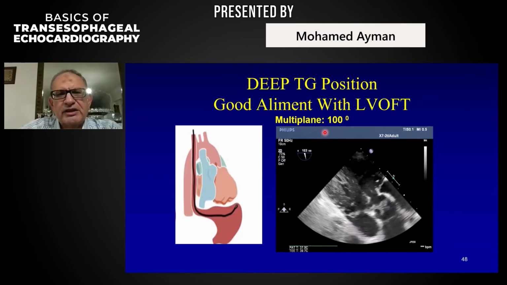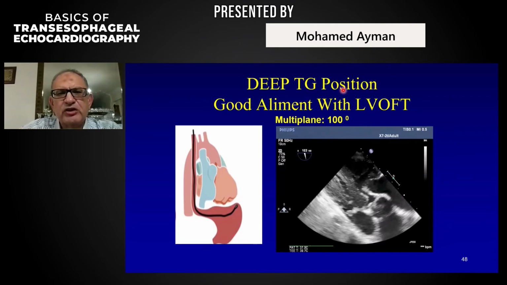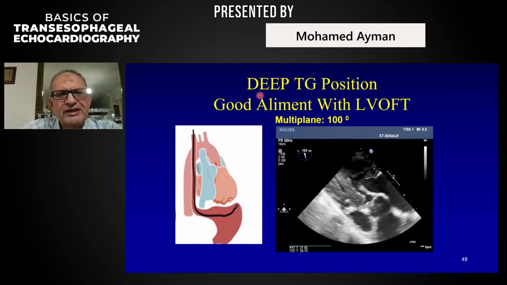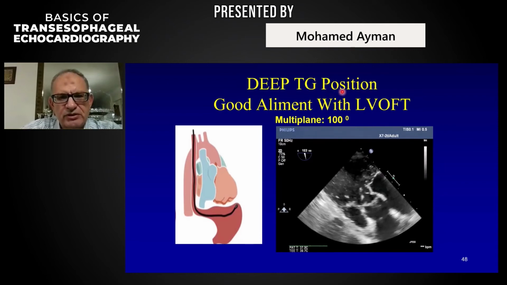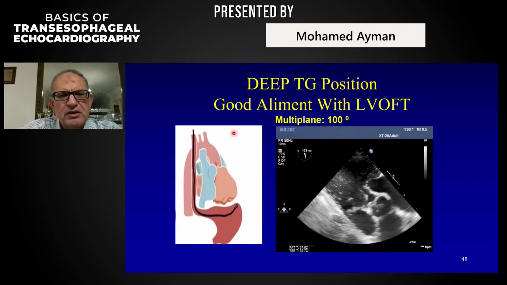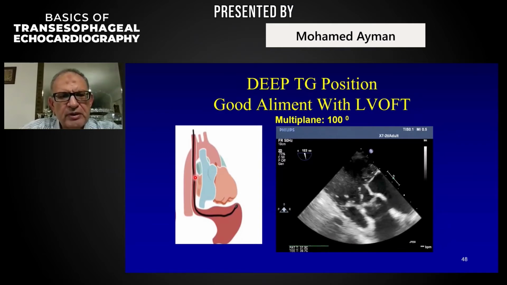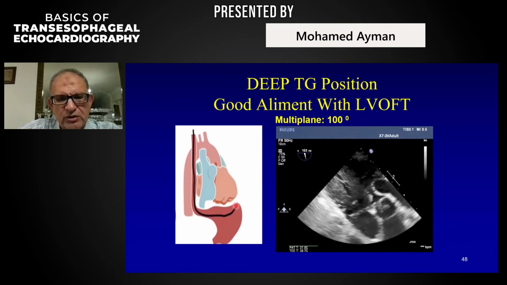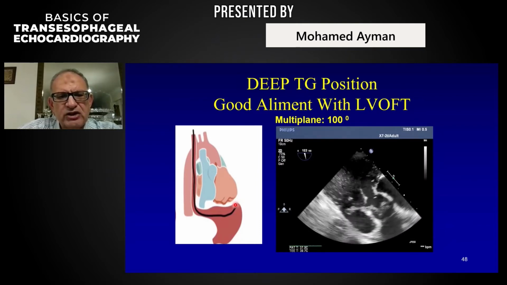So this is another transgastric, but this is not a standard like the one I showed you before. We call this the deep transgastric position. What do we mean by deep transgastric position? This means that I pushed the probe gently much deeper into the stomach. So now the tip of the probe, I mean the transducer, is more or less adjacent to the apex of